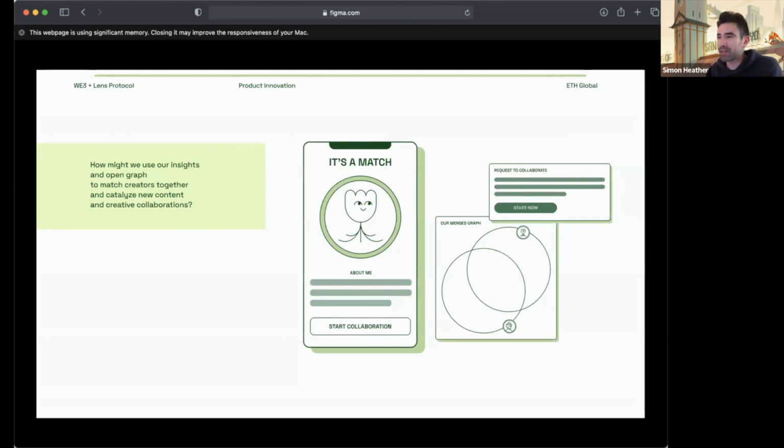And then next to that, the idea of this merged graph. This is interesting when you have a visual overlay. What if you could have two creators that could easily and perhaps visually compare and contrast their audiences to see where they overlap in tastes and preferences, but also to see the gaps and the differences where they might grow. So these are a few ideas just around matchmaking within the context of creators,